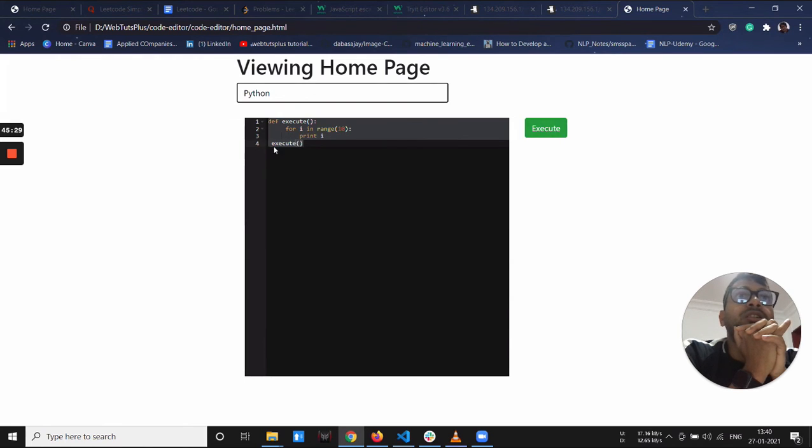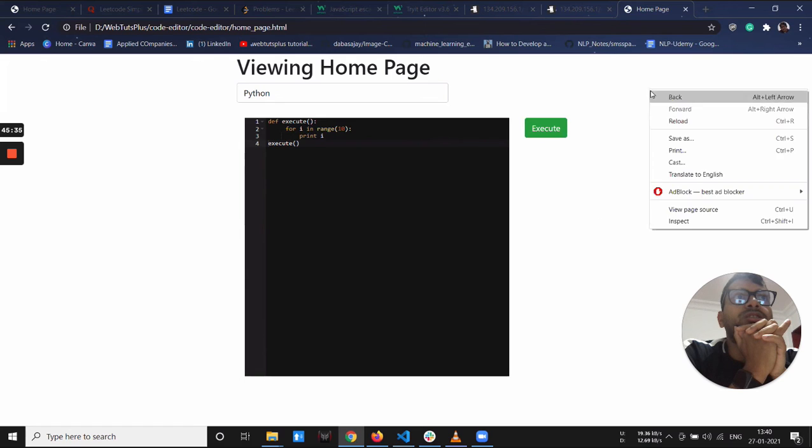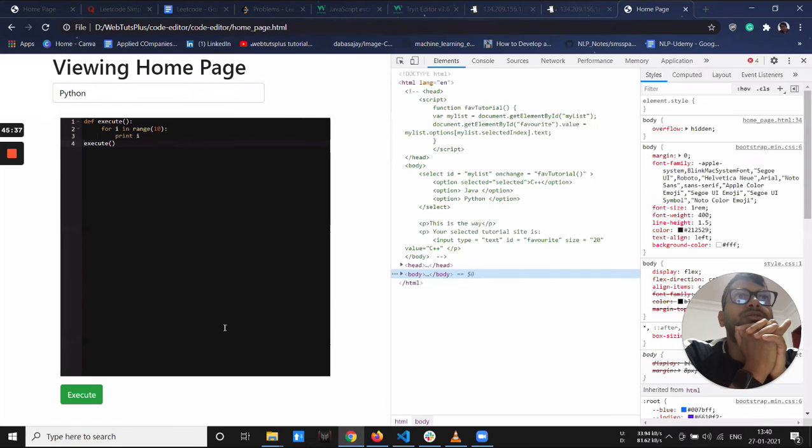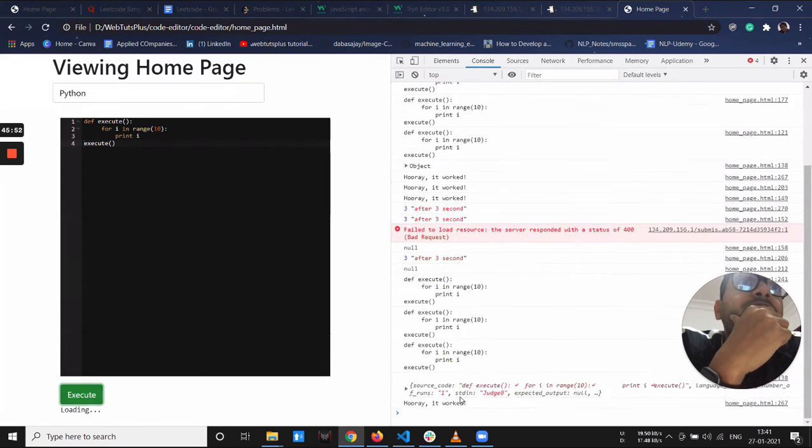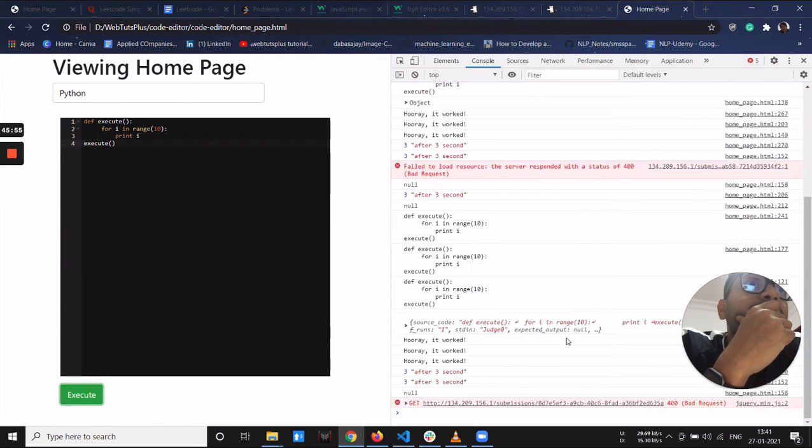Yes, I think you have to add a space. Yes, the space has to be there. Is it working or not working? Python is triggered after 2 seconds. What happened? Yeah, it works.